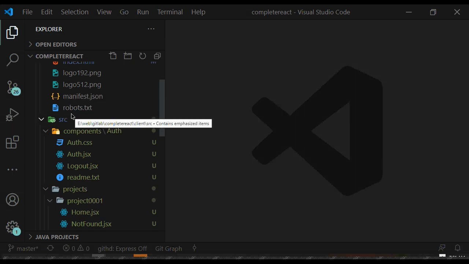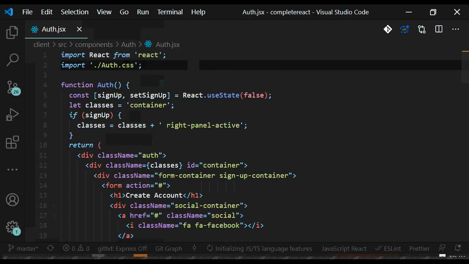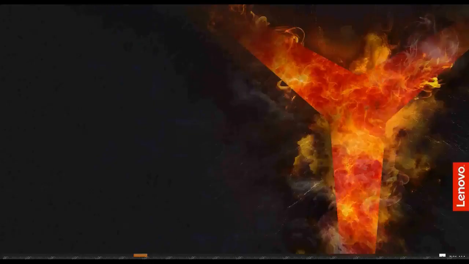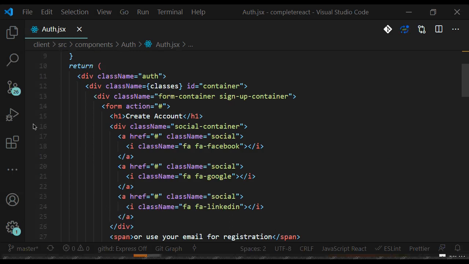So I will tell you the idea, and then you help me in writing the code for this auth.js. Because if you interact, then only you will learn what exactly problems I'm getting and what is the thing we have to do. So first thing is,